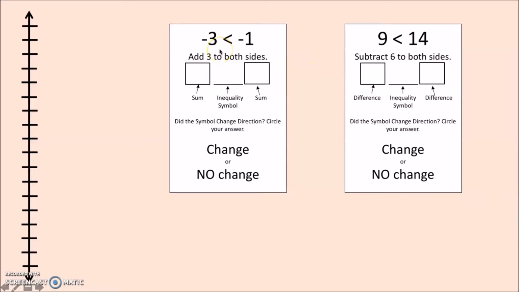Let's begin looking at the first card, -3 is less than -1. What we're going to do for this card is add 3 to both sides of the inequality. -3 plus 3 gives us a sum of 0. And -1 plus 3 gives us a sum of 2. On the number line, I would then graph a 0, and then I would mark a 2,